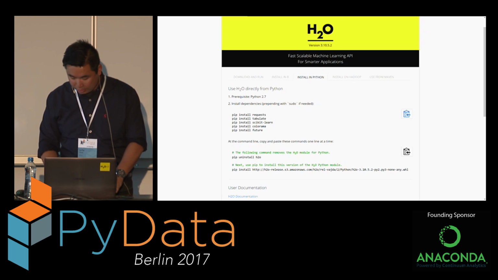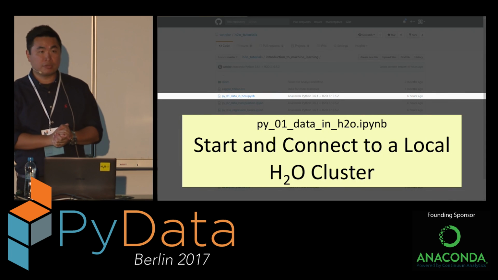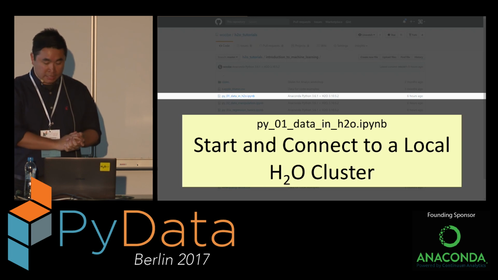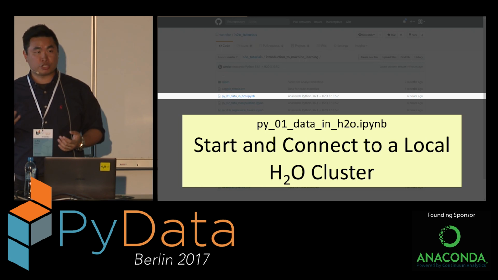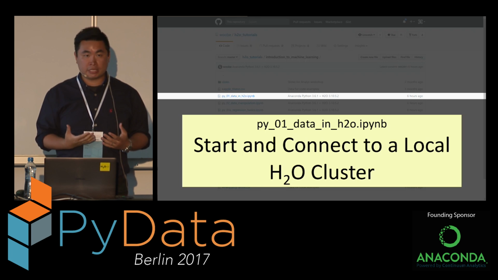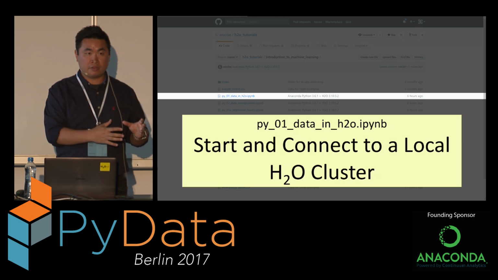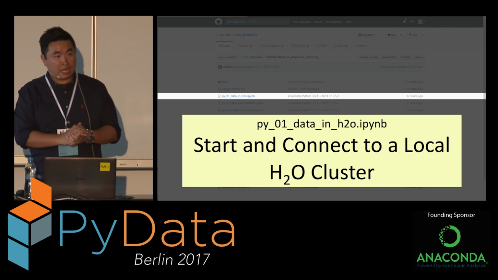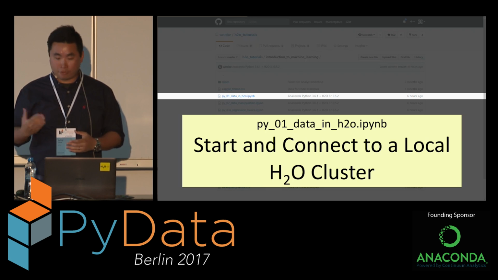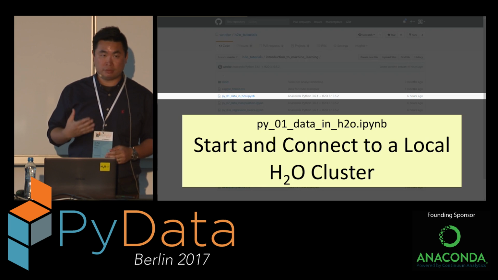So assuming that you have H2O installed, then we can move on to the actual work. You don't have to do anything right now. You just have to look at the Jupyter Notebook on your laptop, and I'll just go through the key steps and explain to you the logic behind different steps. So the first part is to start and connect to an H2O cluster. The reason is that all the computation is done in Java. So when you execute the code in Python, it's not using Python to do the computations. It's using Java to do the hard work. And that's why we need to initiate a cluster in terms of a Java virtual machine, or JVM.